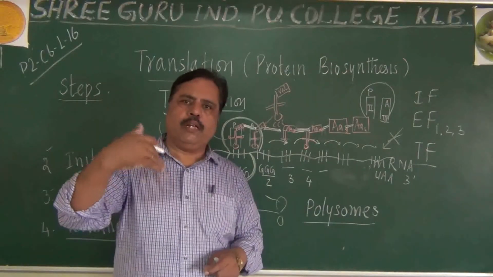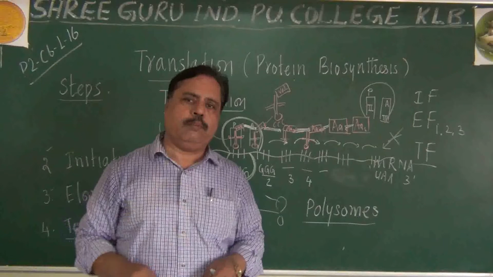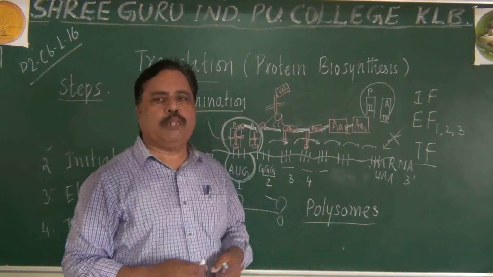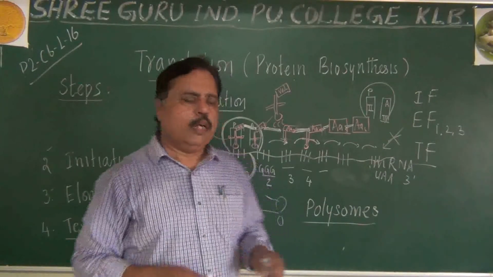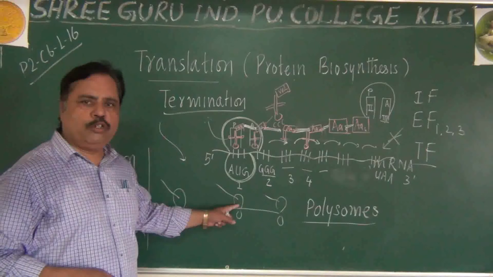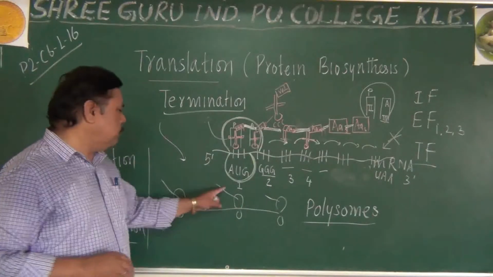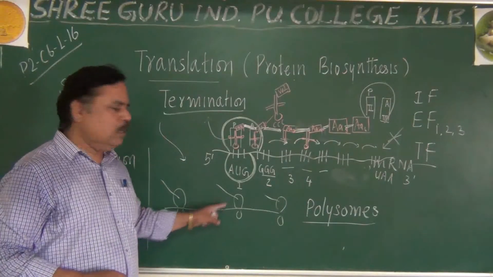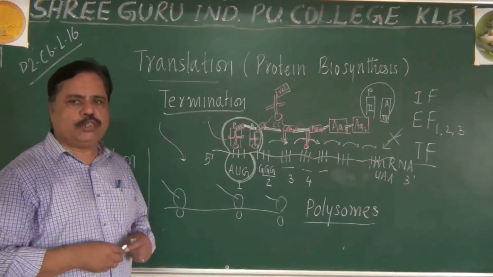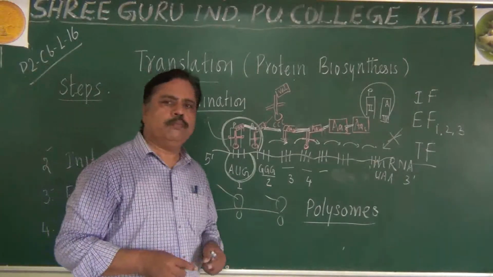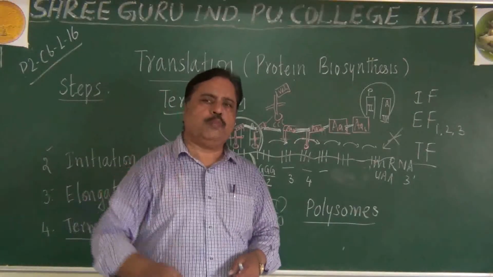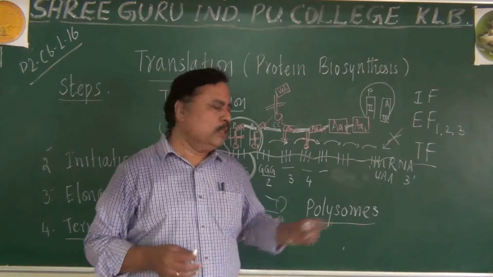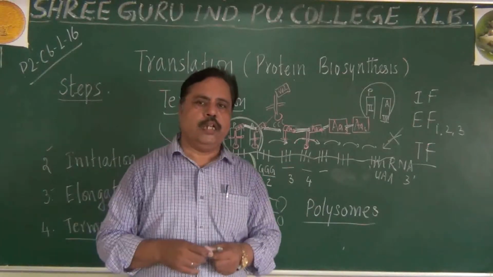So one mRNA will not be wasted after producing one polypeptide chain. It can be utilized for 5 to 6 polypeptide chains, the same type of chain. It is not that this will produce alpha chain and this will produce beta chain. All the polypeptide chains will be the same type only, because the same mRNA, same codons, and tRNA and amino acids will be used. By this mechanism, we are able to synthesize protein in a very fast and efficient way. This is called the process of translation.